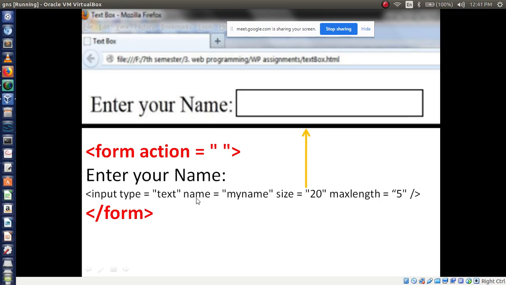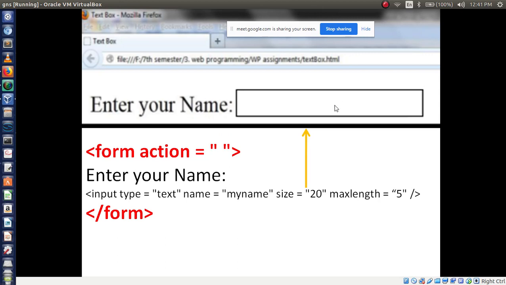Next attribute is name. So we have to give one name per identification. You already have names, right? Kiran, Leena, Soumya, Sumaya. These all are names to recognize you. Similarly, in a database we have to fetch this data, from this box.